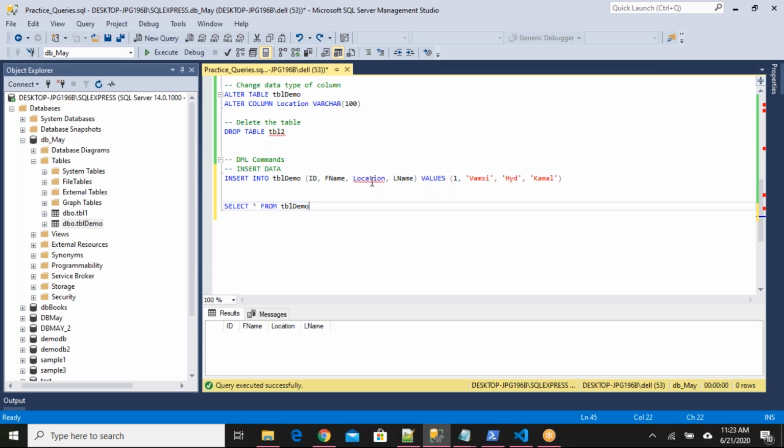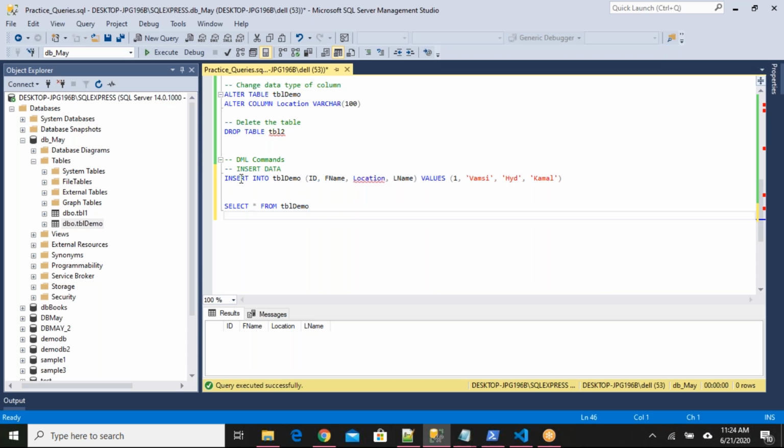Generally, if you are using any keyword for your column name, or if you have any spaces, like location of user, you have to enclose it with square brackets. Let us see without the square brackets. If it is working, then fine, otherwise we have to use the square brackets.